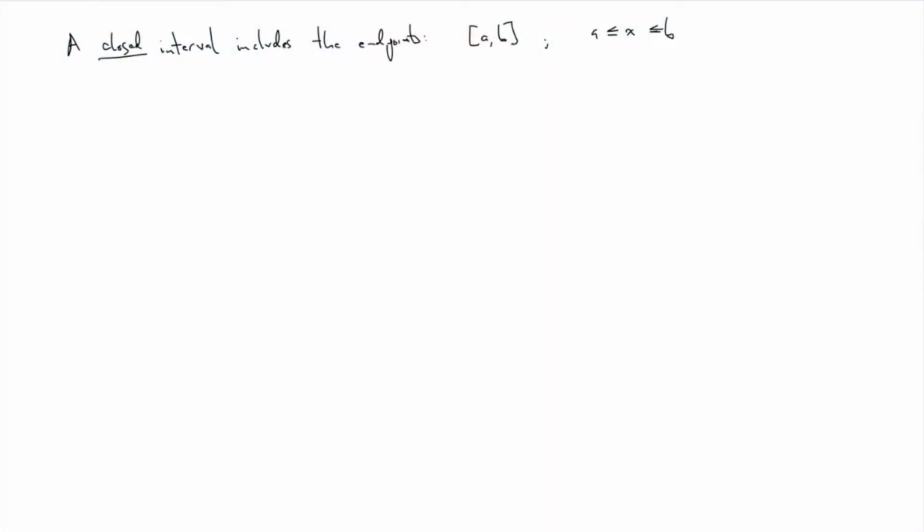Hey, today we're going to talk about absolute extrema and the extreme value theorem. First, we need to remind ourselves briefly about intervals and interval notation. A closed interval, which is written with square brackets, includes the endpoints. For example, the closed interval from A to B, all the points between A and B, including A and including